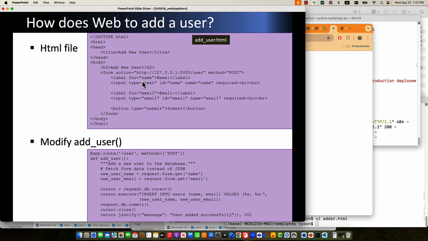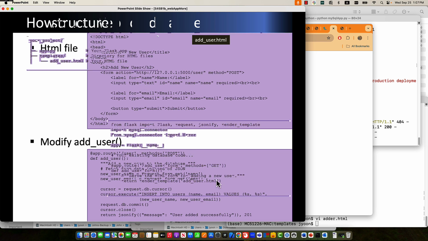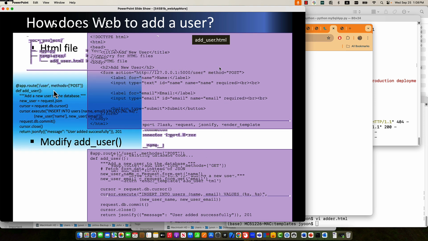This HTML is running because I mentioned here, when this add_user_form is running, then we need to put here adder.html in my case, right? So how do you know that this HTML runs? It is because I said here